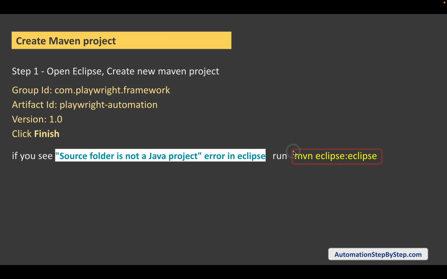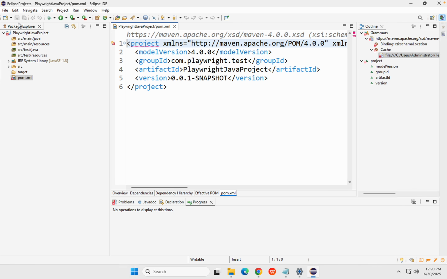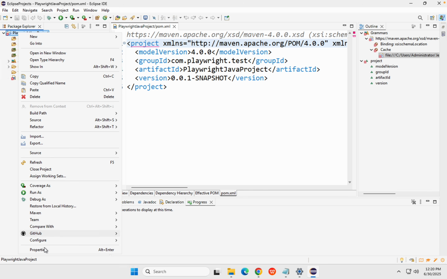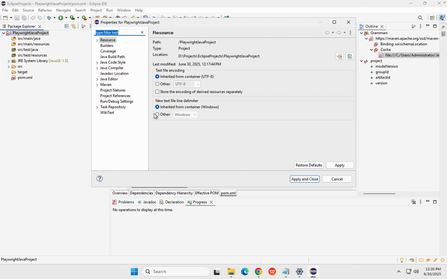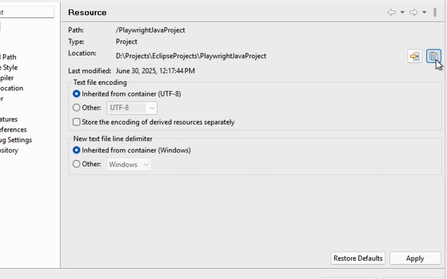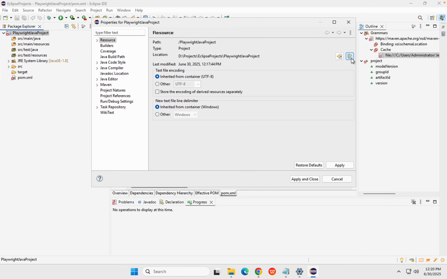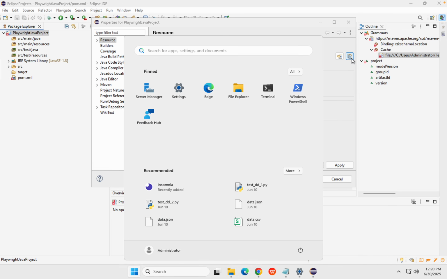Okay, and this command you can only run after you have installed Maven, and that was the reason we first installed Maven before creating a Maven project. So you can right click on the project folder, go to properties, and copy the location of the project. We have this copy button, and then you can go to your command prompt,